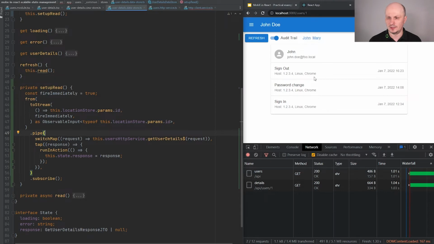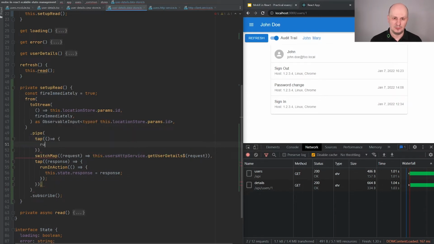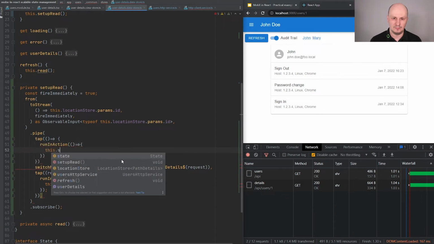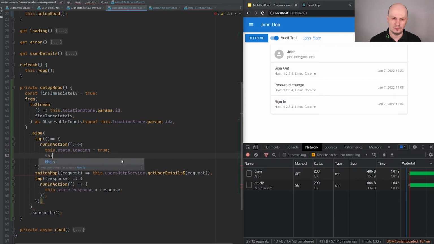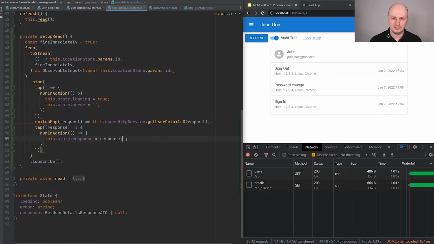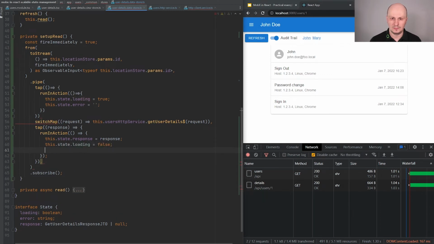Now it's time to fix some minor issues like the spinner. So before we call the backend, we should set our state to have the loading flag true and error empty, and when data are back we can set loading to false.